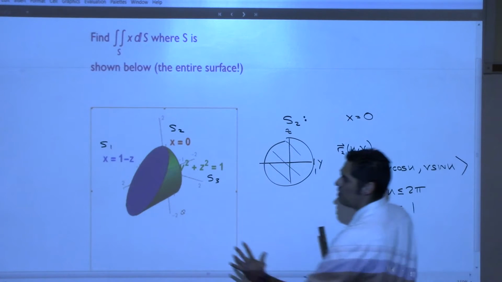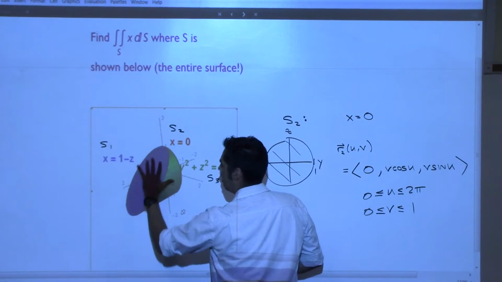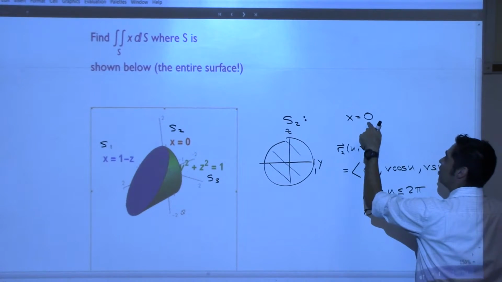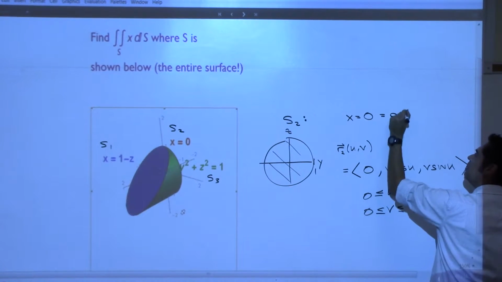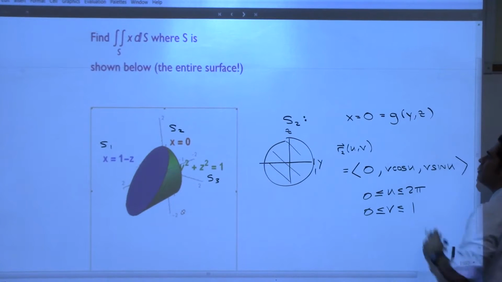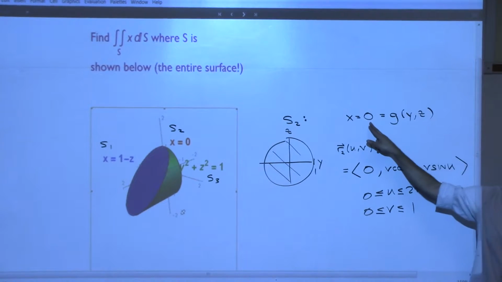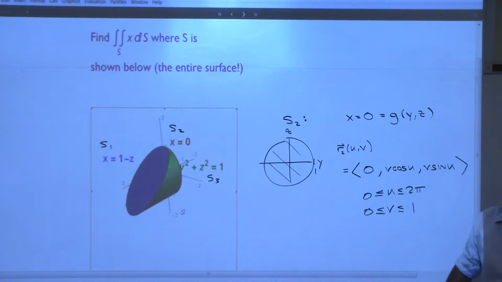Yes, it actually is. Your x value, you could look at this as a function of y and z. It's actually g of y, z, but what is the function? 0. It's 0, isn't it? Understand? Sure? If that's how simple it is, if that's our function, then what does our